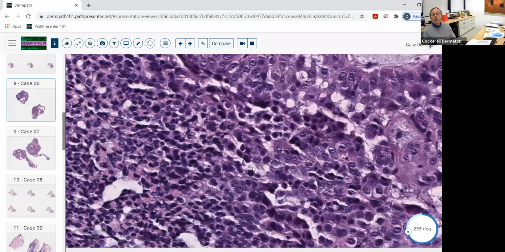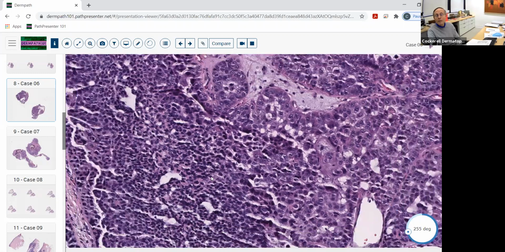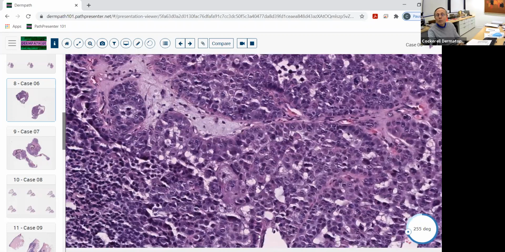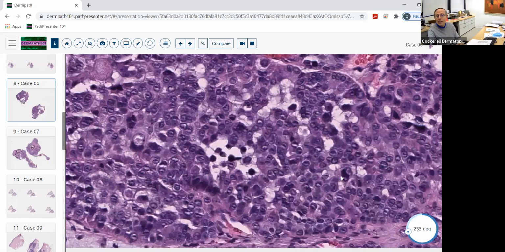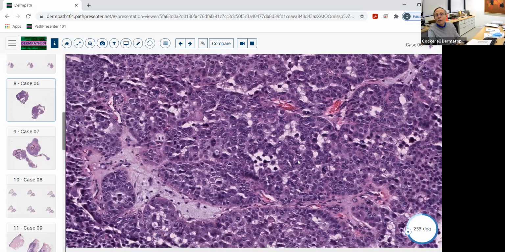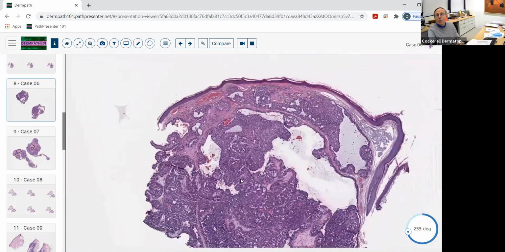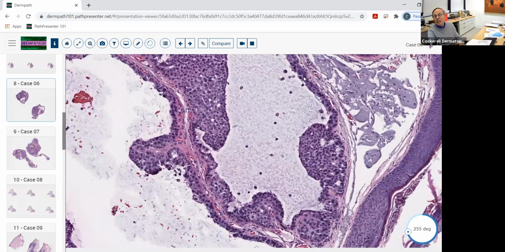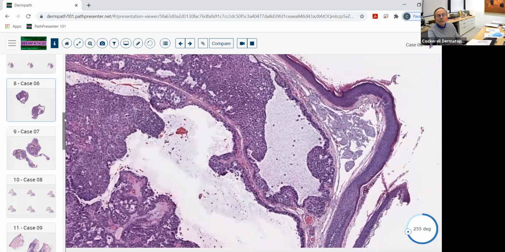We can't use the architectural criteria for benign versus malignant when you've got a punch biopsy or a relatively small biopsy out of a large lesion. So you have to use other features. You start seeing necrosis en masse, that's a red flag. You start seeing individual areas with mitoses, pleomorphic cells like you see here, that's a red flag. You see ulceration in these lesions, that's a red flag. So other areas over here, totally benign. We call this maybe a solid cystic hidradenoma in an area like this, or an apocrine cystadenoma, solid cystic